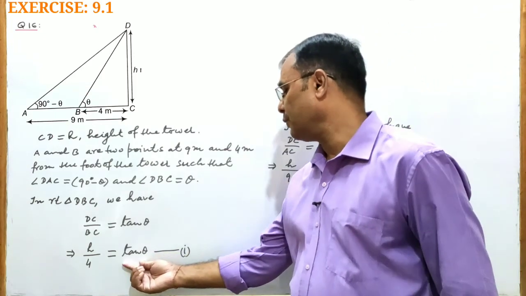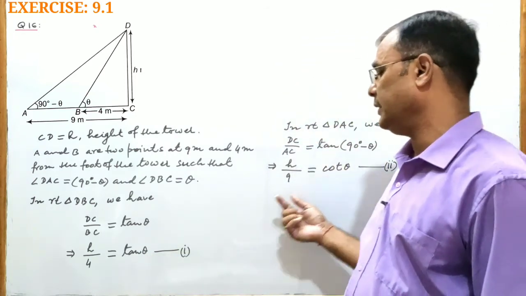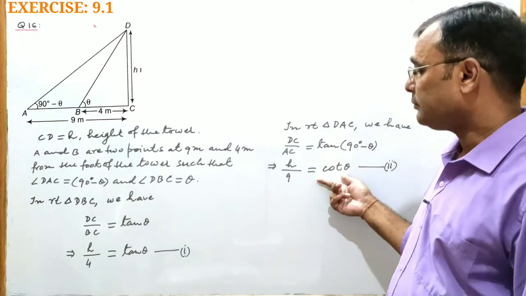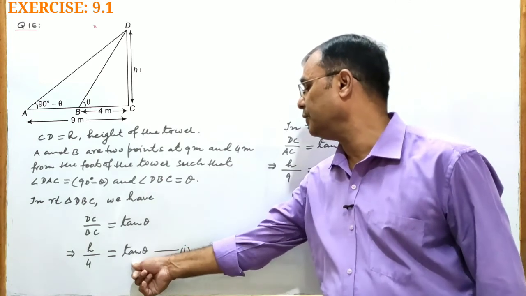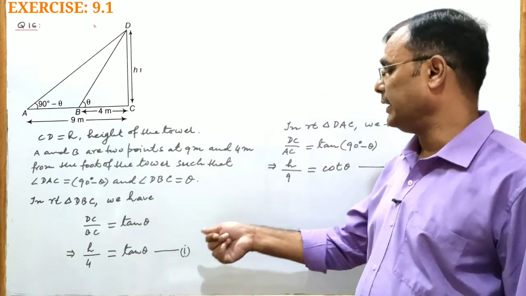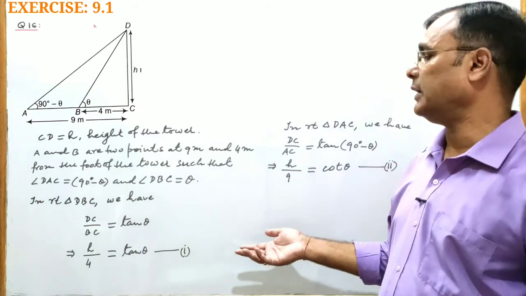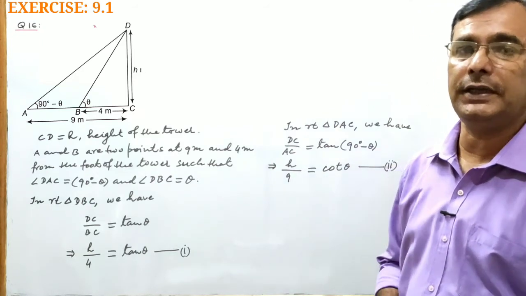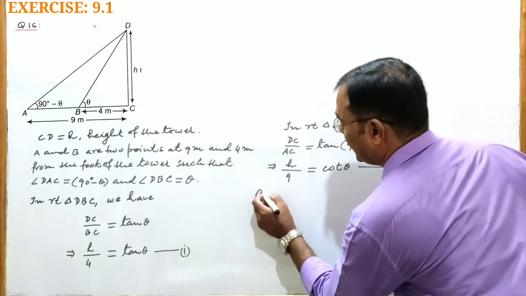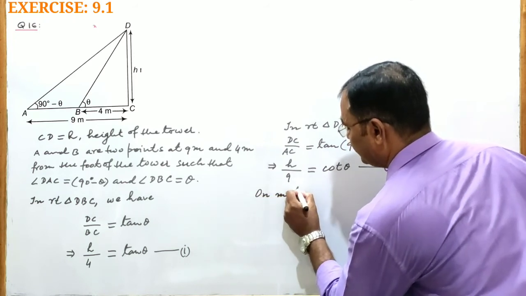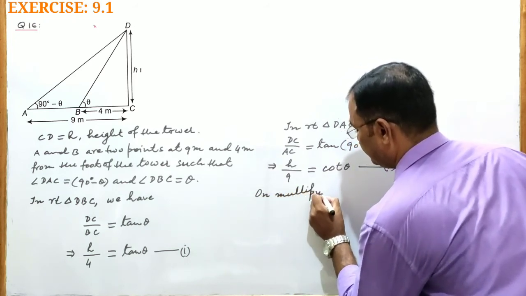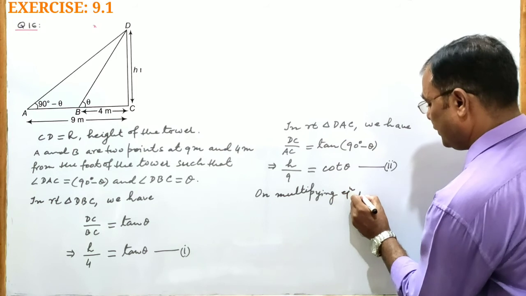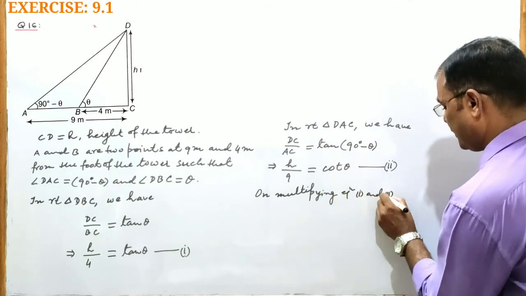Now from equation number 1 and 2 we have to eliminate this tan theta and cot theta. So we can eliminate with the help of these trigonometric ratios tan and cot, where tan is the reciprocal of cot, or cot is the reciprocal of tan. Since they are reciprocal, if you multiply them, their product will be 1. So on multiplying equation 1 and 2,